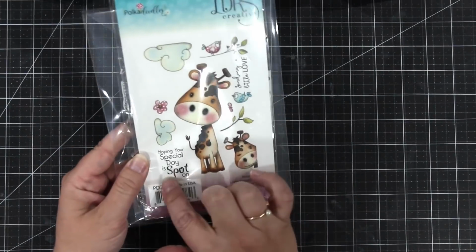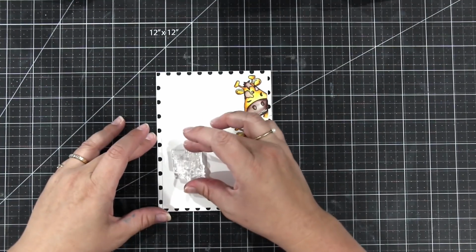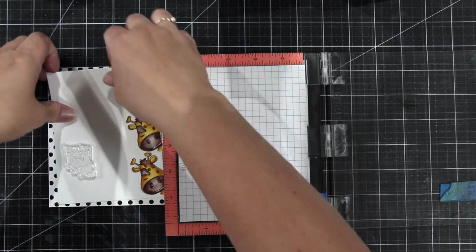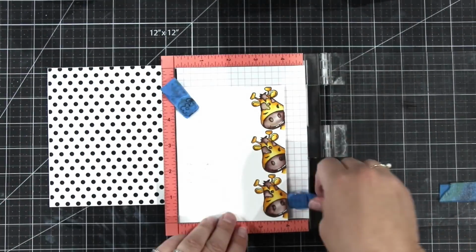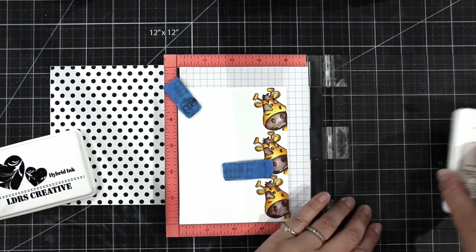So just as your typical giraffe. And then I'm going to simply stamp the sentiment that says, hope your day is spot on, and that's it. We're going to have a fabulous project that didn't take any time, and plus I love that it's so cute and that little giraffe that is speaking out like